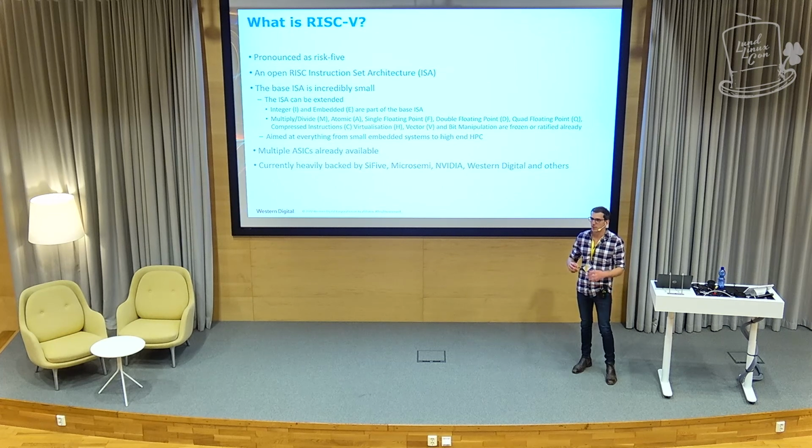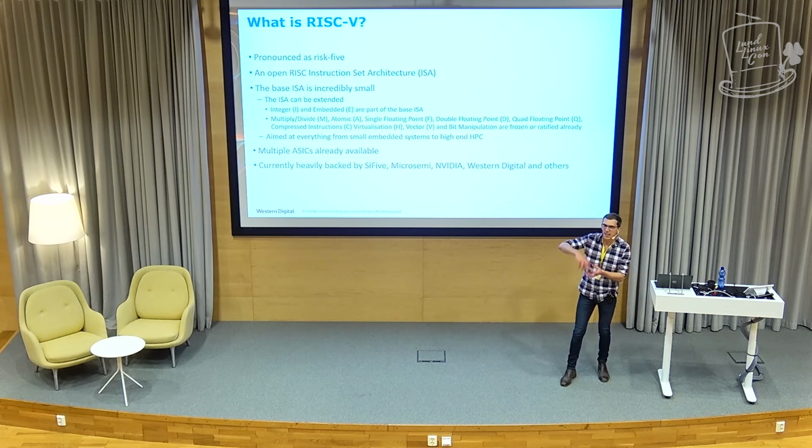And so the way it works is the base ISA is very, very small. It's kind of useless, but it's very small. And you add your base extensions on top of that. So, atomics, multiply, that's an optional extension that you add on top. And then you get the bigger ones, so the virtualization, which allows hypervisor support, and vector extension, which does vector acceleration and things like that.